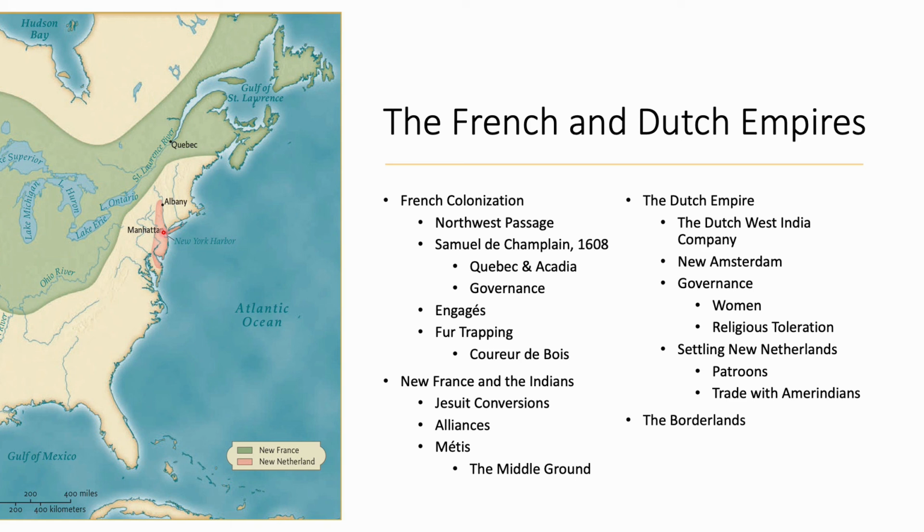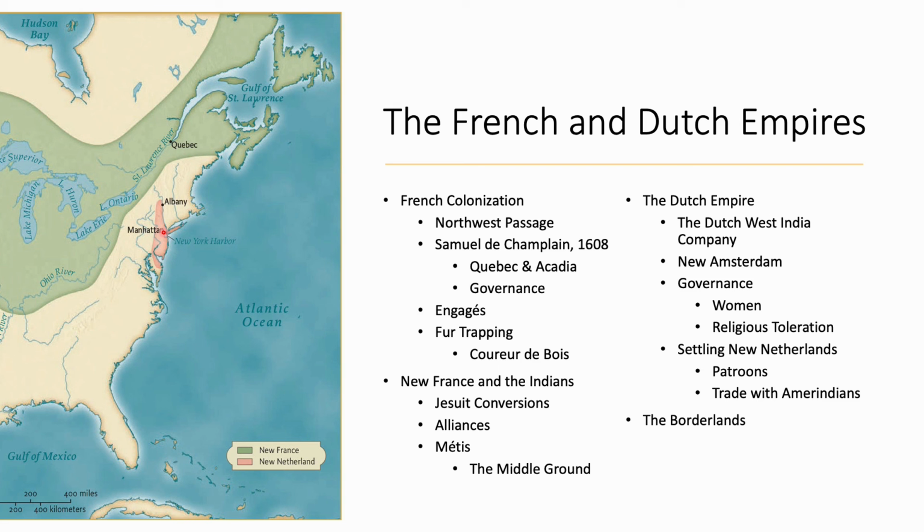It's somewhat successful. At least for the first few years, you do have patroons sponsoring and paying for these trips, but nonetheless, the process of actual migration does go relatively slow. Now, much like the French, the Dutch begin realizing the benefits of having Native American allies. While you don't see the level of trade, or I'm sorry, of interaction, like, say, in France or even in Spain, you do nonetheless have the Dutch becoming reliant on Native Americans to guide them in trying to find animals to hunt for the use of their fur.